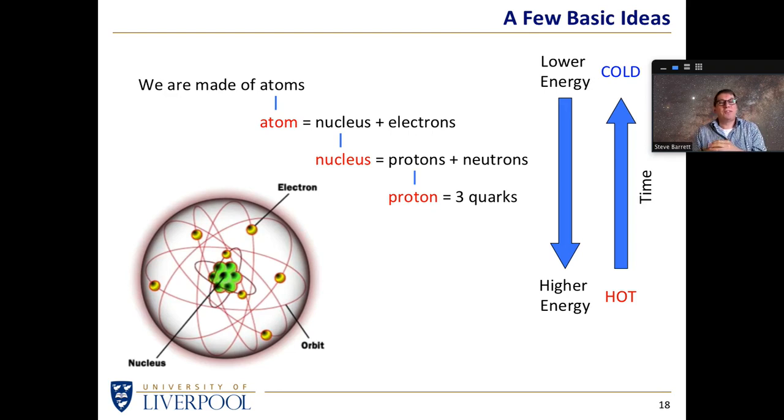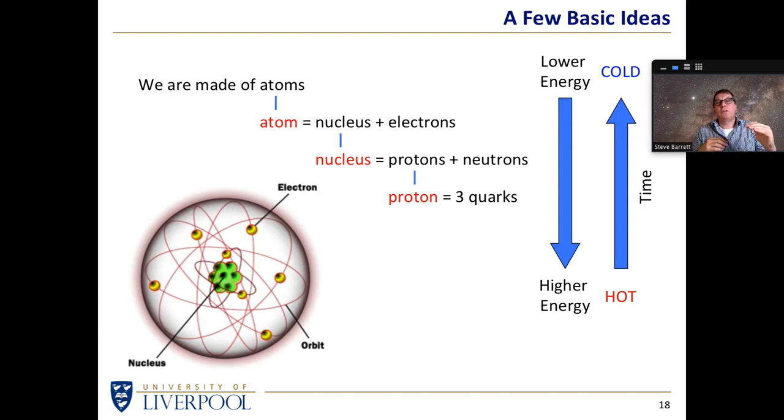So if the universe starts out hot and gets cold, what that means is the universe is built from the bottom up. To start with, the universe is far too hot, for instance, to make atoms. Atoms could not exist in the early universe because there was so much energy. The universe was so hot, all the particles had so much energy, an atom could not exist as an entity. It had so much energy it would instantly rip itself apart. And a nucleus would not exist in the early universe because it would have so much energy it would dissociate, it would rip itself apart into its constituent parts.